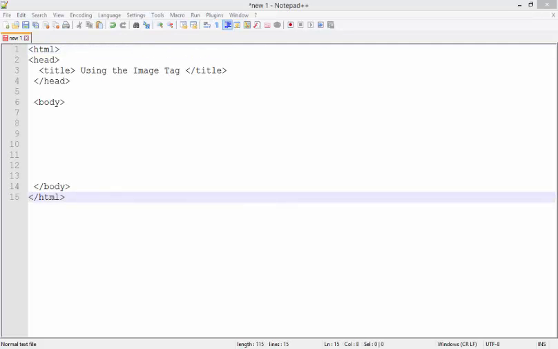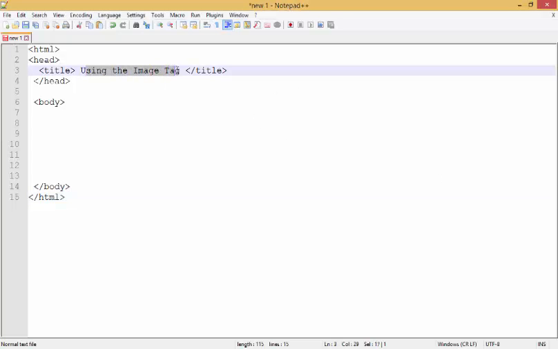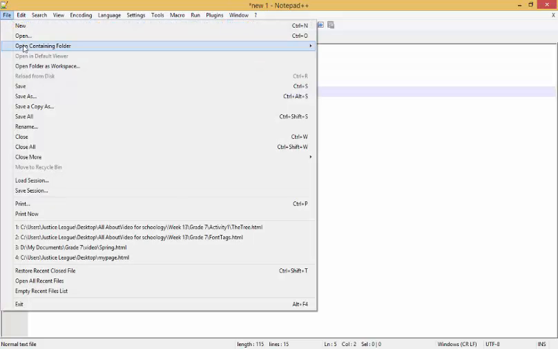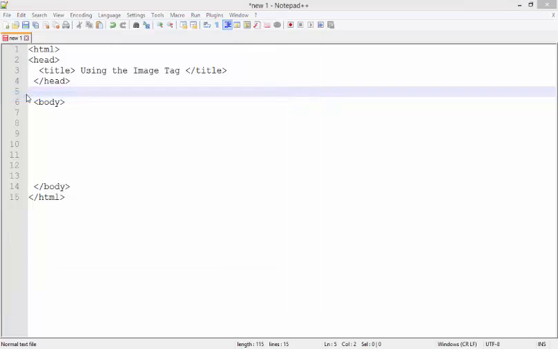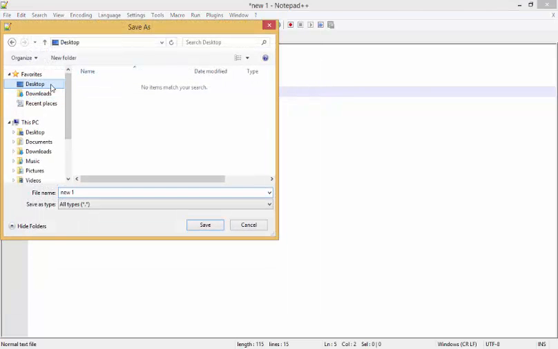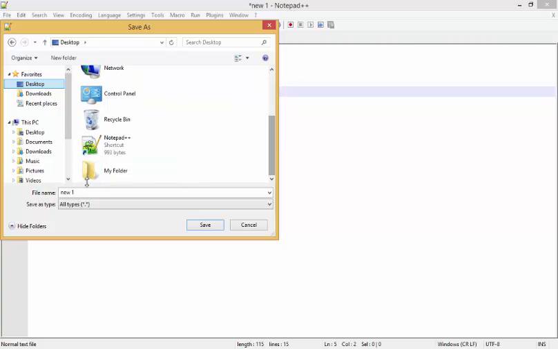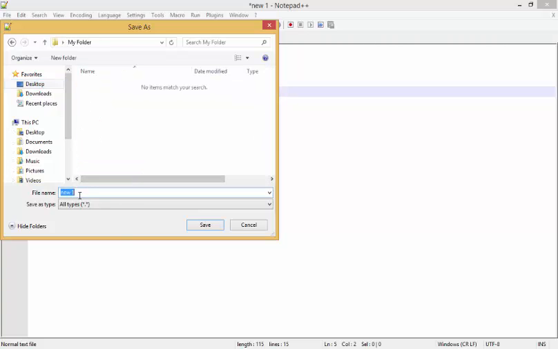Using the image tag, we are going to put our image on our web page. What I have here is an example in our Notepad. I already prepared my title using the image tag. As I save this, I will move to Save As and look for my folder here on my desktop, which I created, and I will rename this